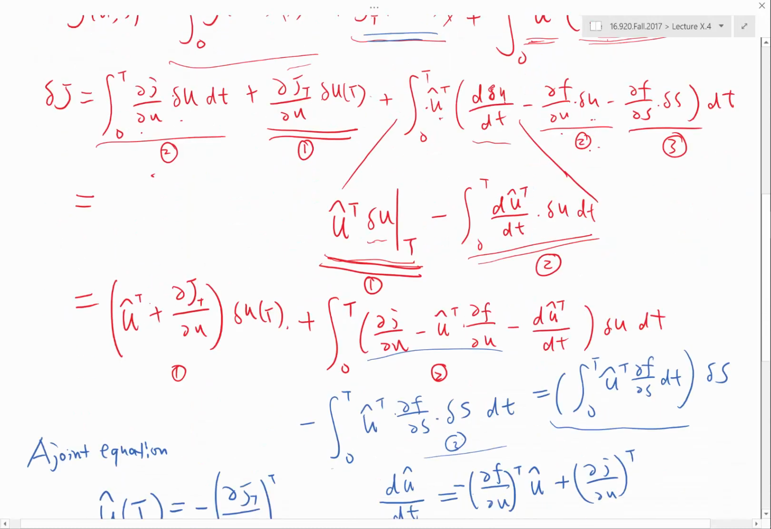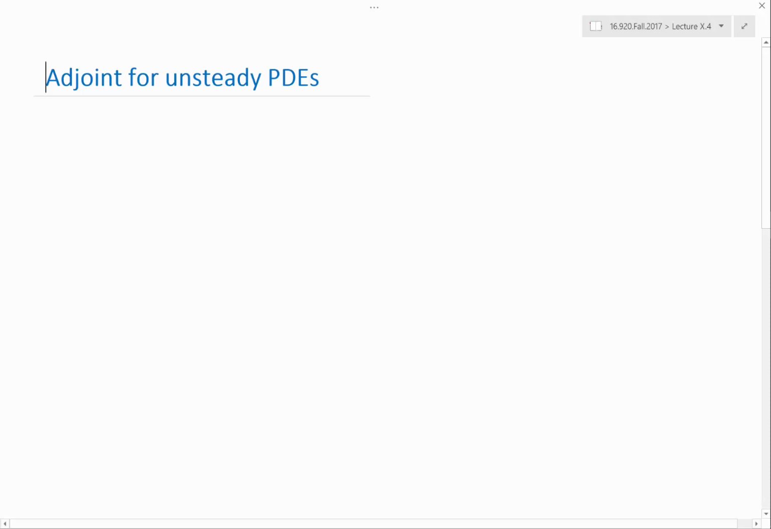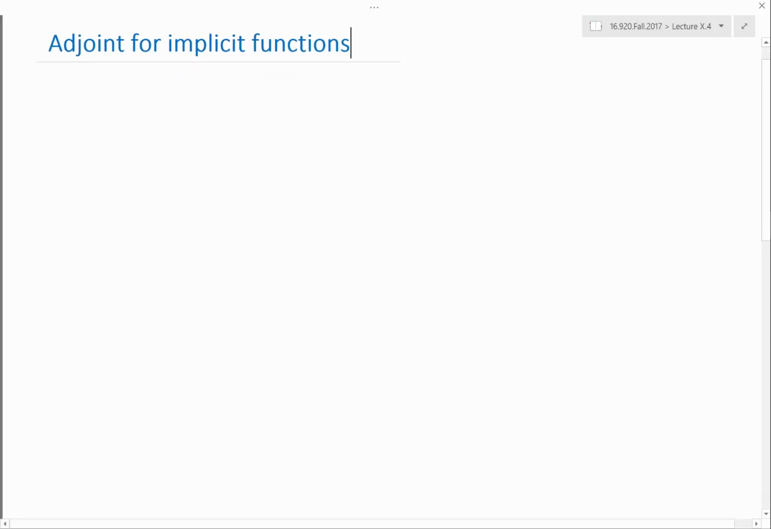Okay. So here we haven't discussed all the cases yet. We have discussed the explicit algebraic formulas and explicit unsteady ODEs, right? So let's look at another case, which is when we have implicit functions. That's something